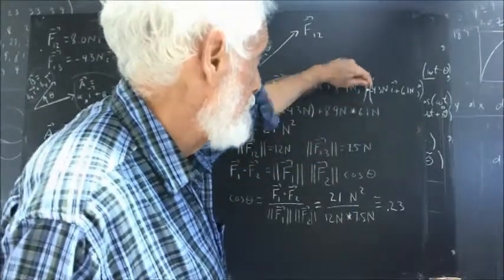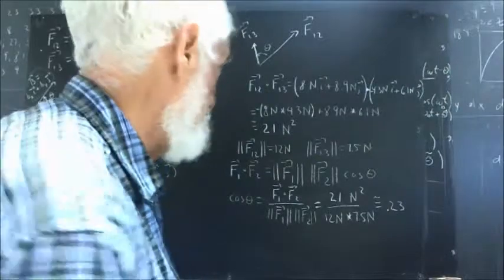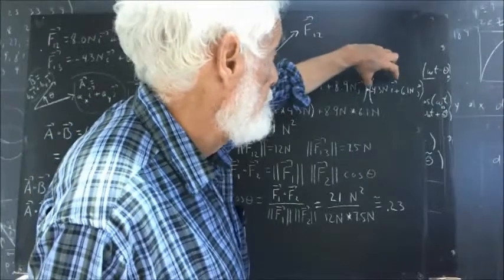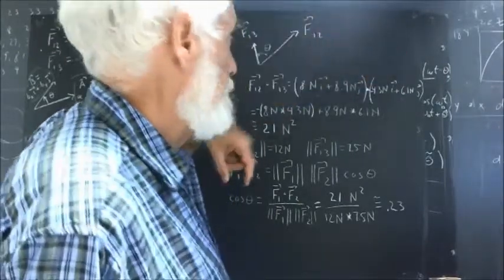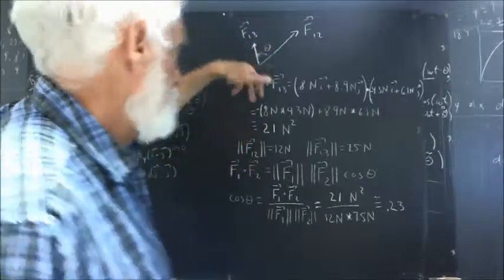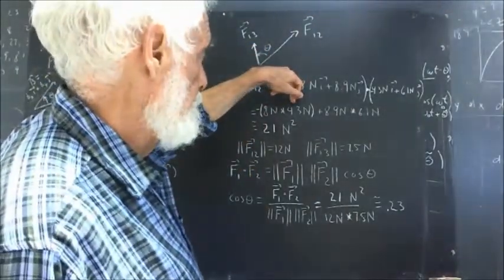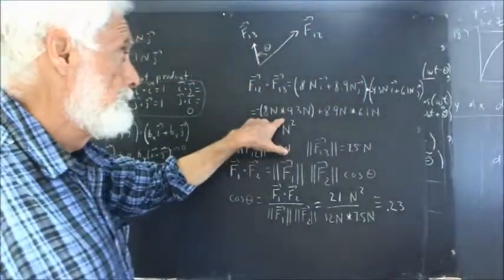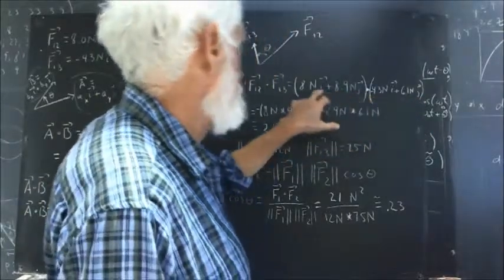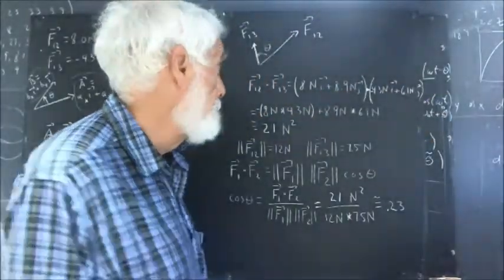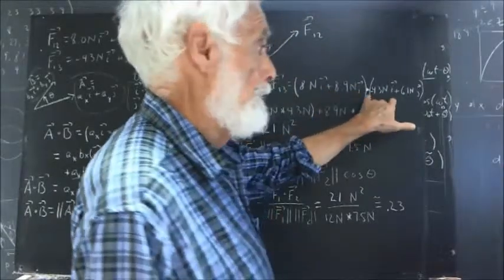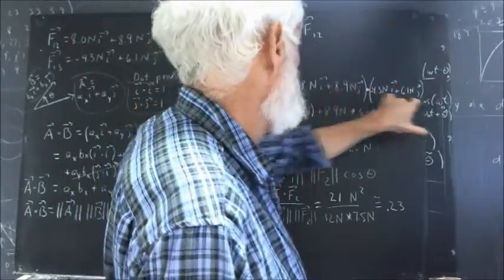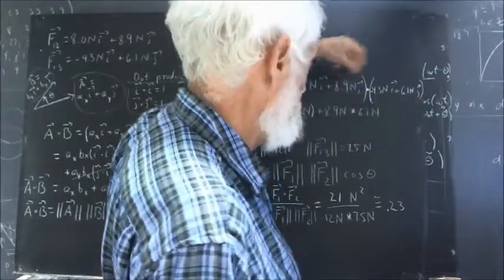And got a dot here, a negative sign here. Things got a little bunched up at the end. In any case, the 8 newtons multiplied by the negative 4.3 newtons times i dotted with i, i dot i being 1, we get this. This with this is going to result in an i dot j, so it's going to be 0. This term with this term is going to be a j dot i term, that's going to be 0. And this with this is going to be a j dot j, so we're going to have the 8.9 newtons